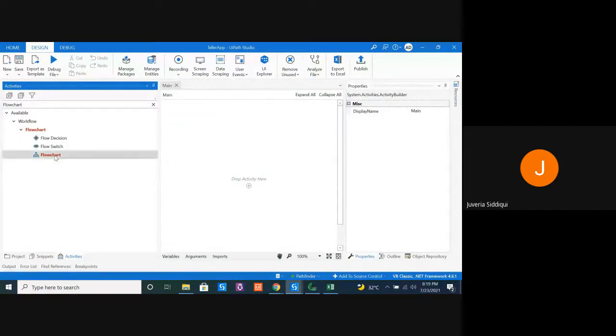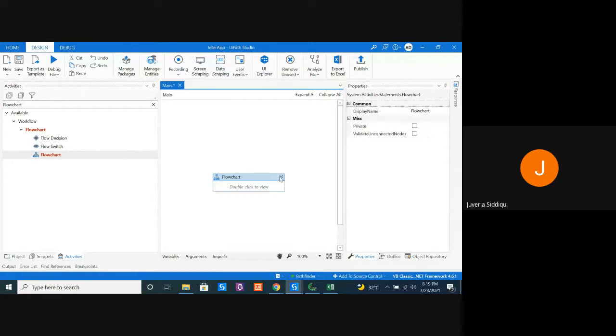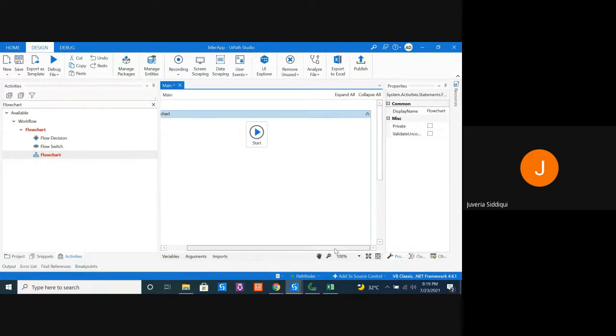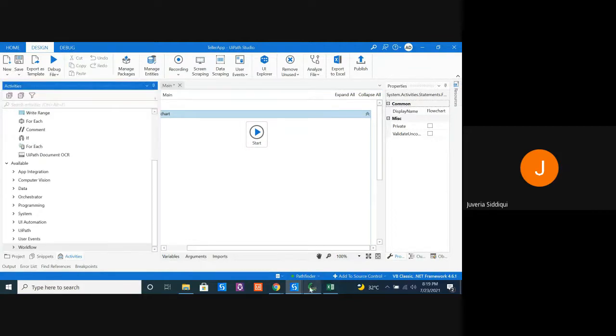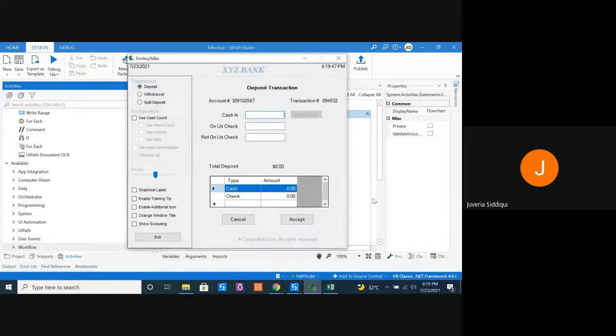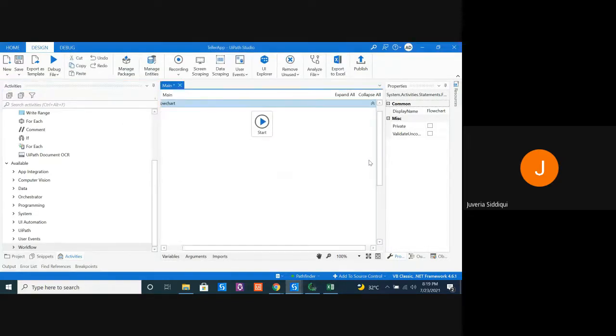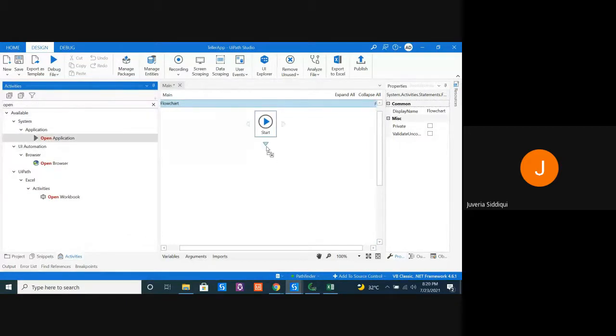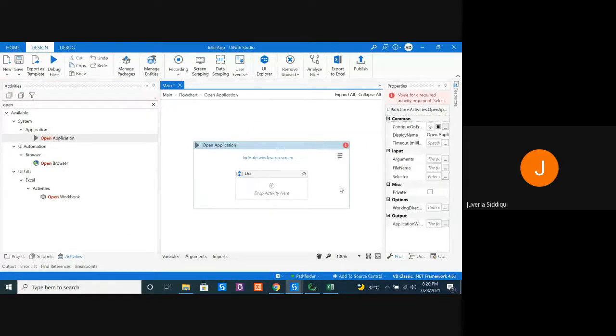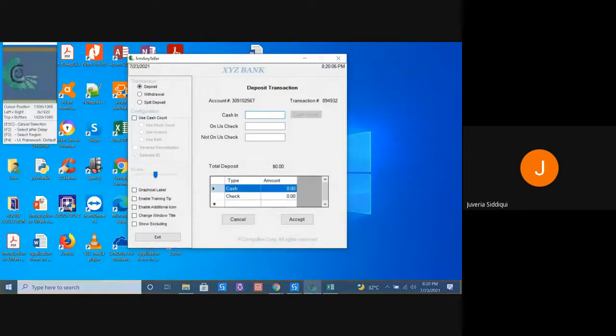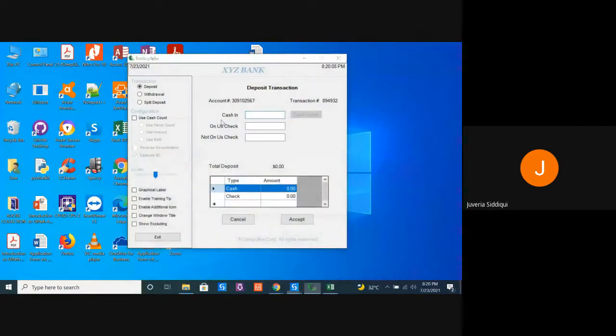So what I'm going to do is first create a middleware layer. Your middleware layer is always your robotics layer that you have to use. And I'm going to create a flow that works on this particular application. Always remember this is a backend application in today's demo and our scenario. So let's start. First we have to open this application, right? So we have an activity called open application activity. It will open this application.